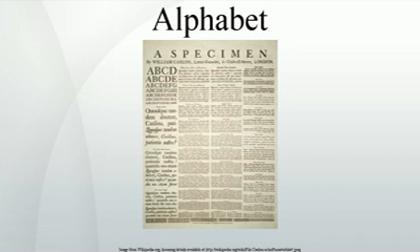An alphabet is a standard set of letters which is used to write one or more languages based on the general principle that the letters represent phonemes of the spoken language. This is in contrast to other types of writing systems, such as syllabaries and logographies. A true alphabet has letters for the vowels of a language as well as the consonants. The first true alphabet in this sense is believed to be the Greek alphabet, which is a modified form of